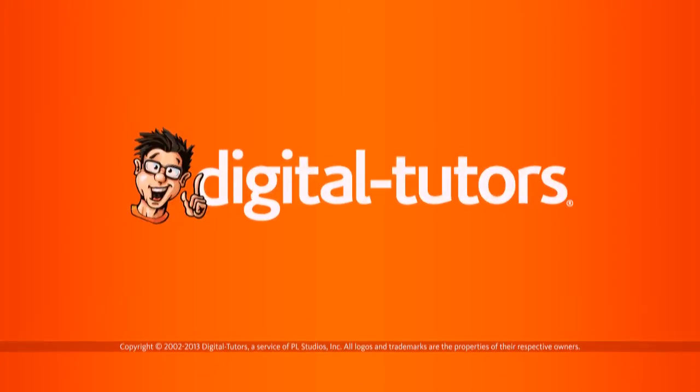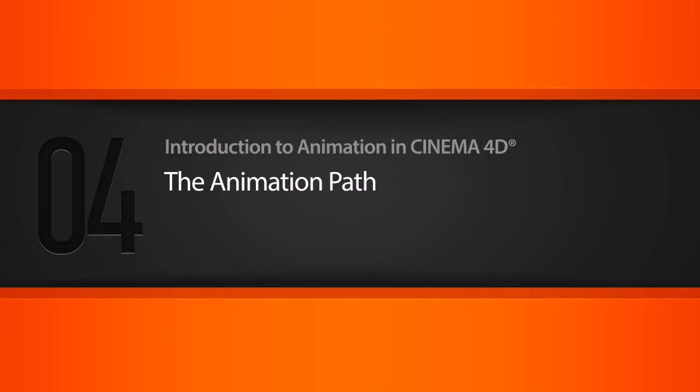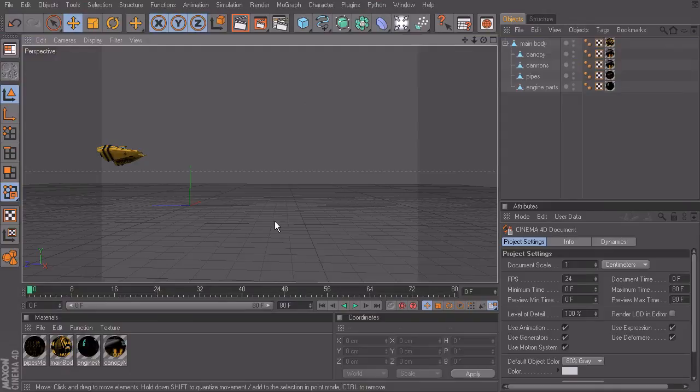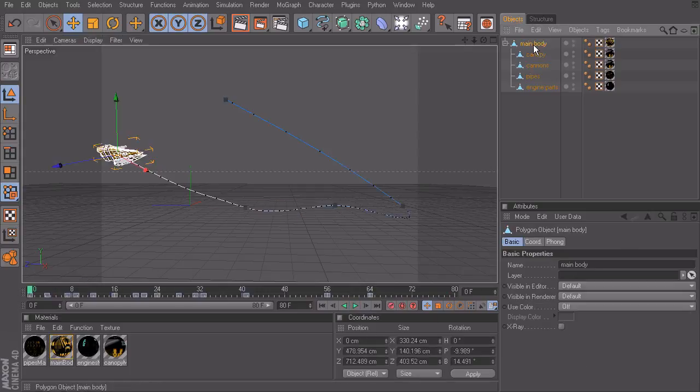In this lesson, we'll learn more about Cinema 4D's animation path. The animation path lets us visually see how our object animates through the scene. Now, if I were to just hit play and look at the animation of the ship, we have a good idea of the path it's traveling along. But with the animation path, if we were to select the object, now we can see its exact path,